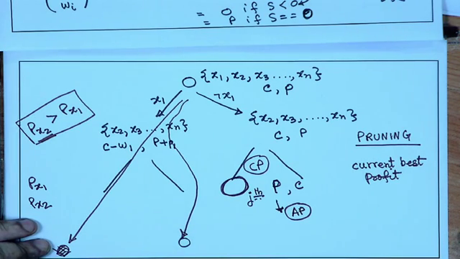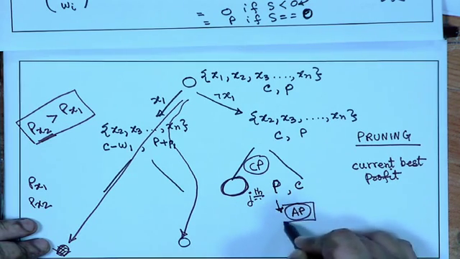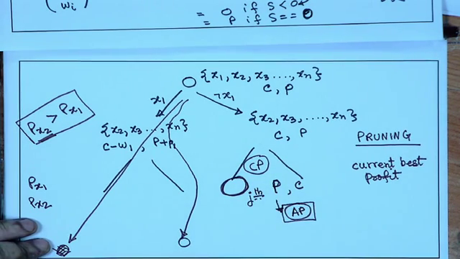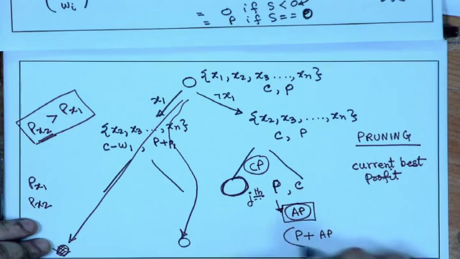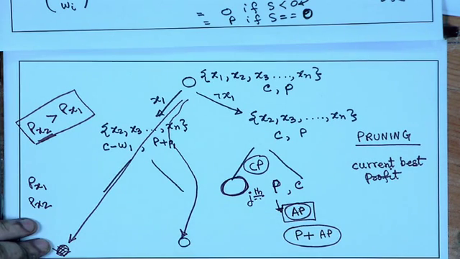That means, I greedily choose the maximum density element, and whatever little gap is left at the end, for that also I choose the element by cutting it, which I am not allowed. But if I do that, then I can show that this will be an upper bound on the remaining profit that I can make. And at this point, when I add P plus Ap, if P plus Ap is less than or equal to Cp,